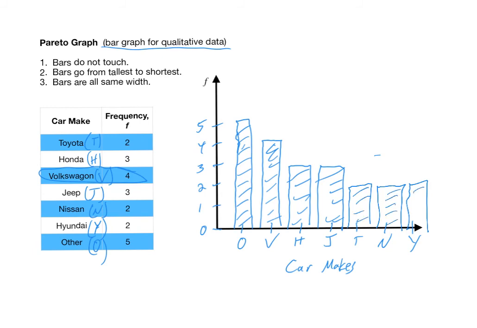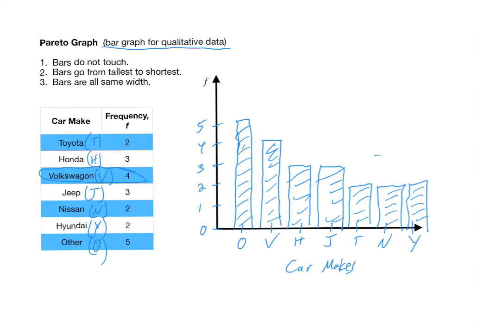We just created a Pareto graph representing this data. What's nice about that is while yes, there are still some numbers here, at least somebody that might be uncomfortable with mathematics or arithmetic, they can at least look at it and say, okay, the most category was some other thing, but of the cars that weren't grouped together in other, Volkswagen was the most, and Toyota, Nissan, and Hyundai were the least. But notice it's pretty spread out. So you can see how spread out the data is, so on and so forth, as you create visuals like